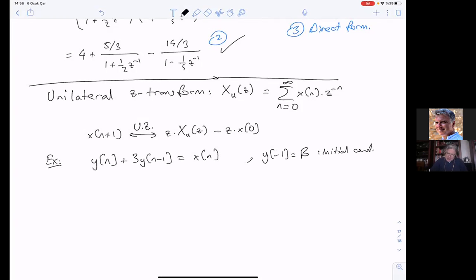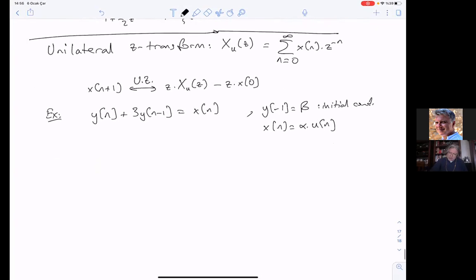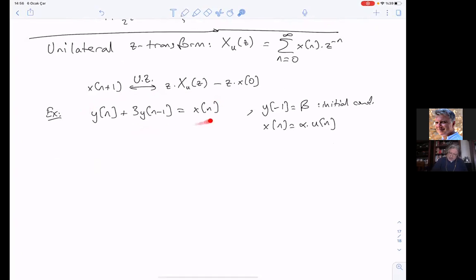And x of n is alpha times u of n. So I'm applying a unit step to the system, and I want to determine what is the output, what is y of z. And for that, I need to take the unilateral z transform of this difference equation with this initial condition and this input, which will be like this: Y of z plus